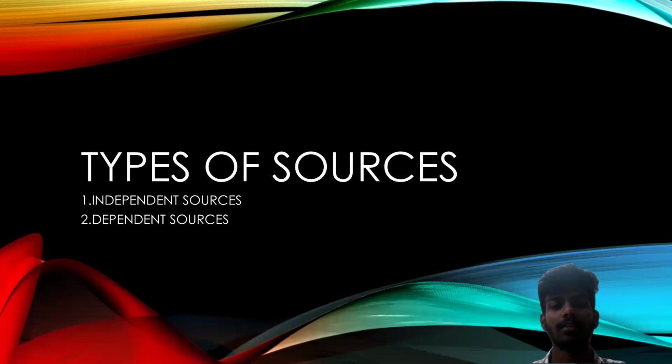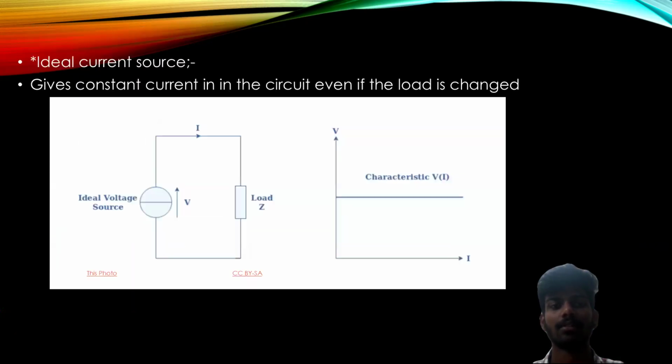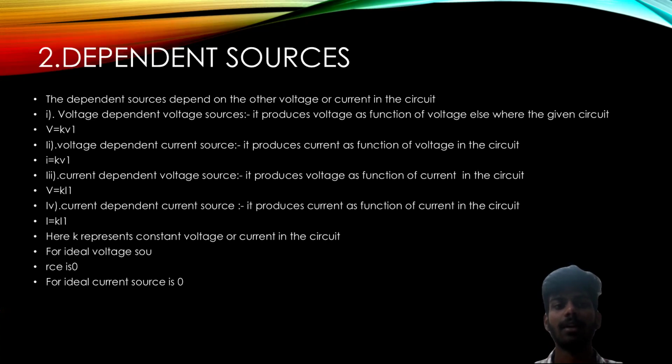Next, we will discuss the dependent sources. Dependent sources depend on the other voltages or currents present in the circuit. These dependent sources vary with the other voltage present in the circuit. Mainly, there are four types of dependent sources: